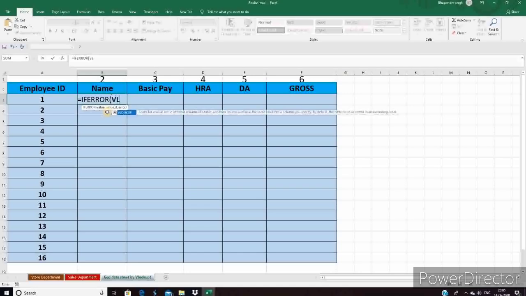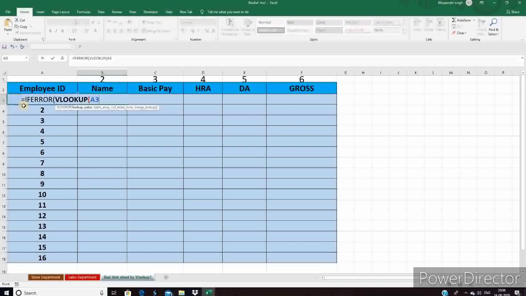So now I'm going to use VLOOKUP. So type VLOOKUP. So here we have the parameters for VLOOKUP. Guys, this time I'm not going to describe all the parameters because we have already created two videos previously. So if you want to understand from the basics, go and check the description box where you will get the link for those videos. So let's start.